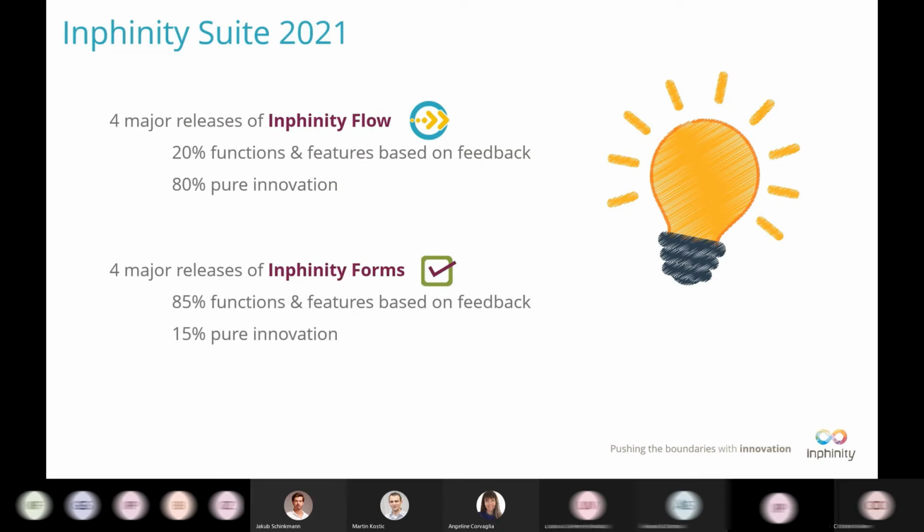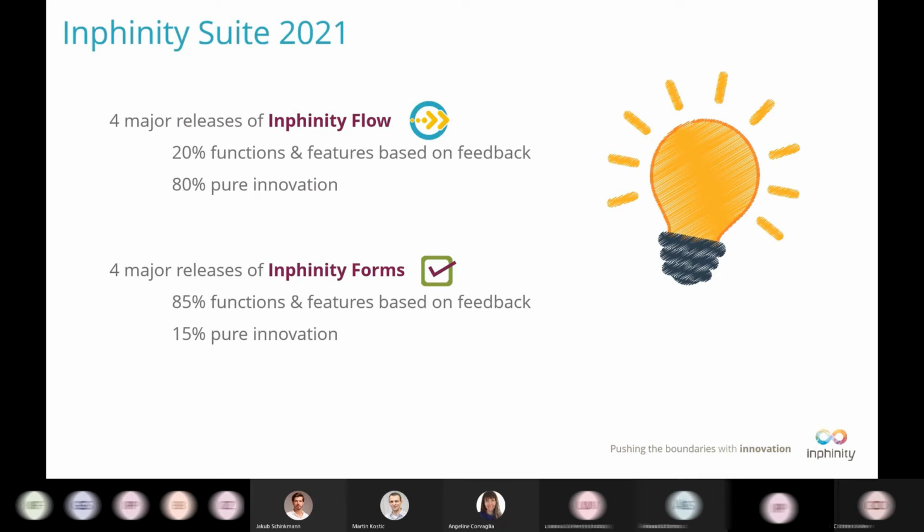We provided 4 major releases of Infinity Forms last year, where about 85% of functions and features was based on the feedback, like QED as a data storage, totals in editable fields, more dimensions support, and much more. And about 15% of new things were pure innovation, like a big step forward with the real-time collaboration we released in December last year.